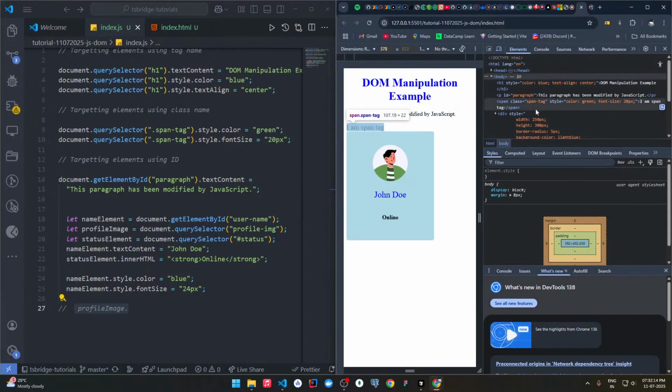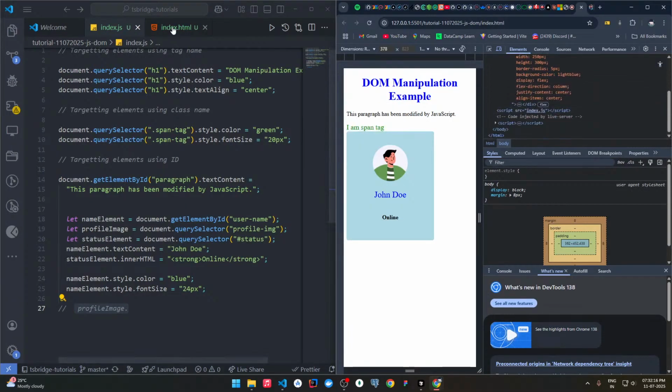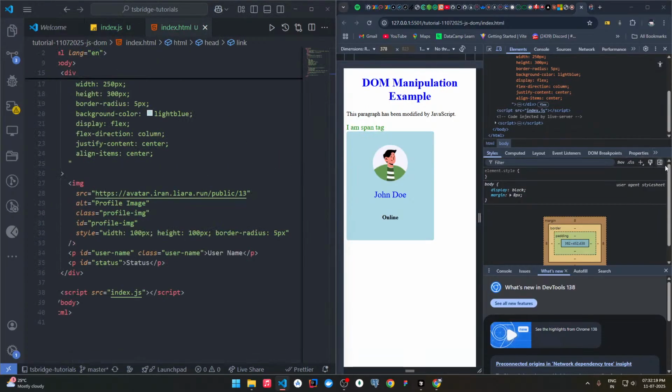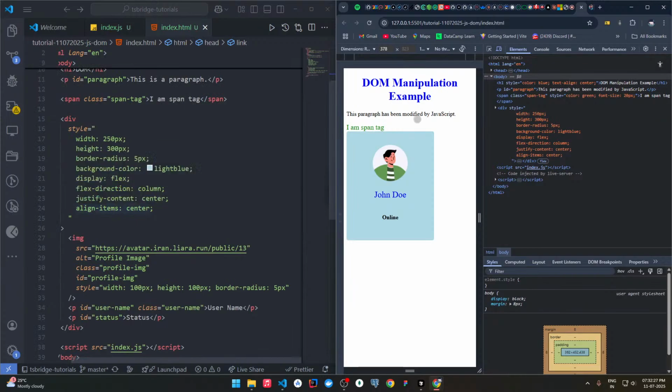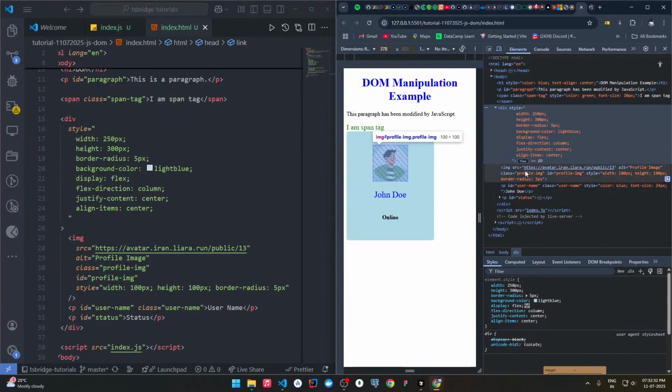See, watch out the DOM structure, it's similar to our HTML what we wrote here. See, this is the div and this is the div here. Inside it, let's expand it, we have the image tag. Then we have two paragraph tags, the username and the status. Okay, cool. So inside the profile image, if we see inside the image, we don't have any class name called highlighted. Okay, but what will happen